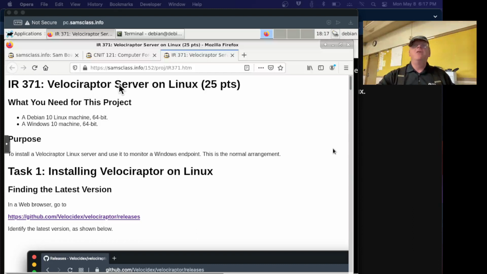Next project, after you've got your two machines running, so you're ready to go, Linux and Windows that can talk to each other, and it doesn't matter what version of Windows, and it doesn't much matter what version of Linux. Then we're going to make the Linux into a Velociraptor server. And I did it on Debian 10, but I'm pretty sure it'd be fine on Debian 9 or 11 or